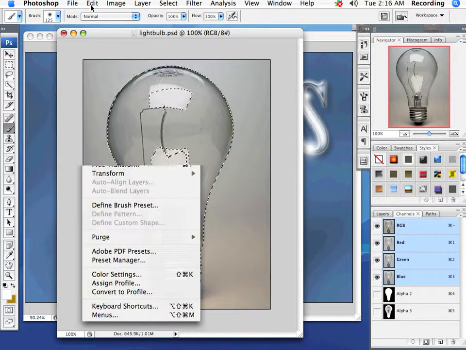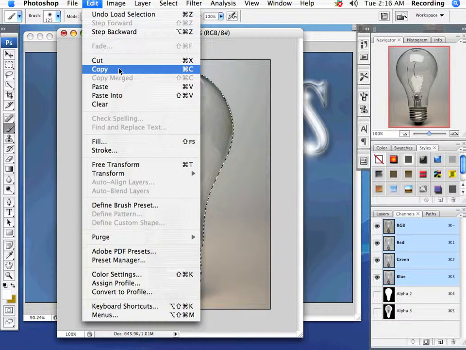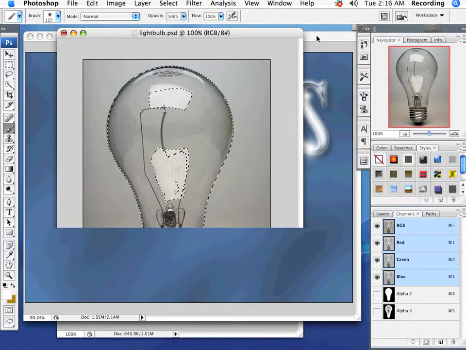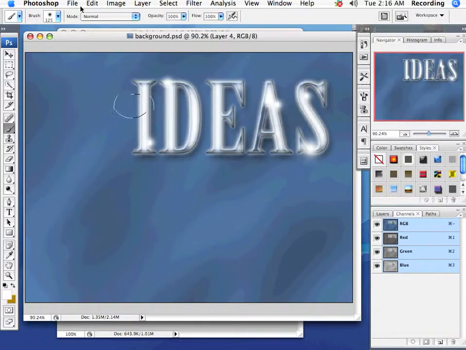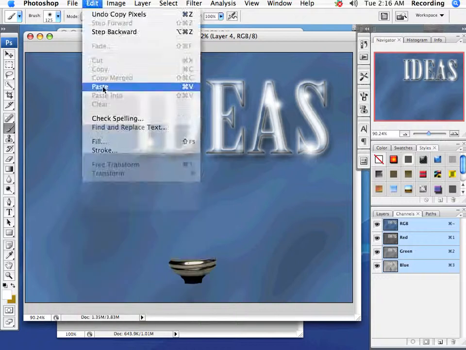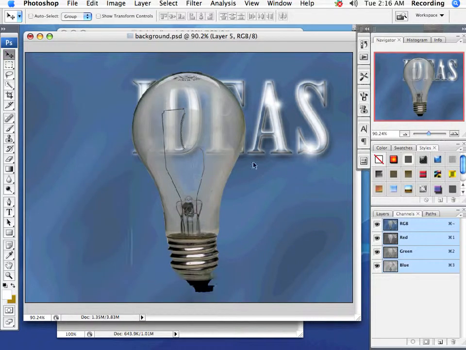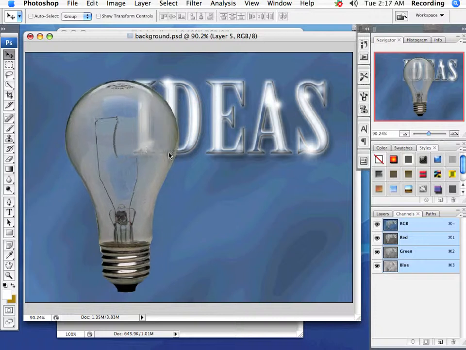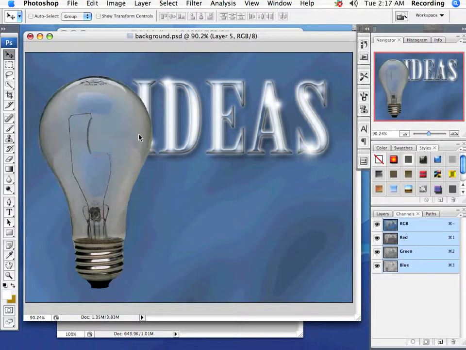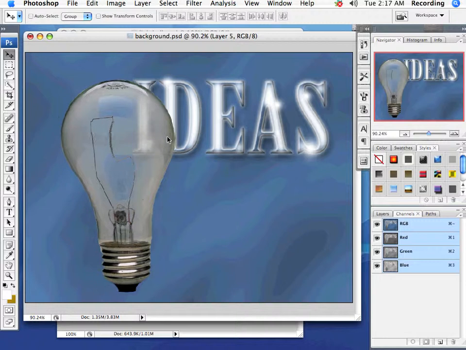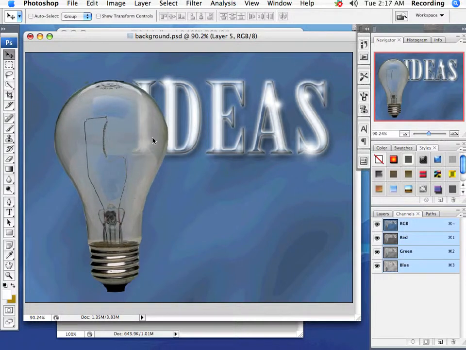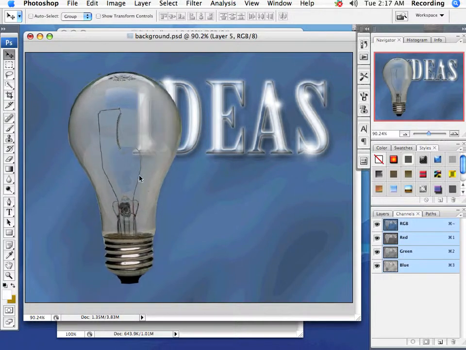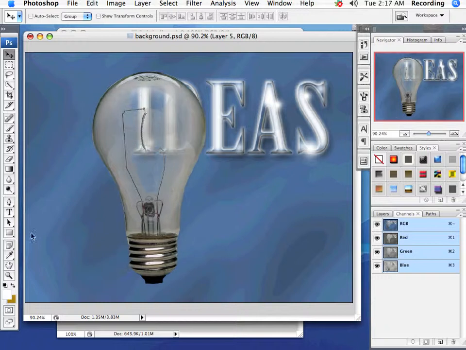From here, just go up to Edit, Copy, click over on whatever image I want to paste that into, and paste it. And then you should have a light bulb that is transparent, a little bit more opaque on the edges, and a little bit more transparent in the middle. And then usually, once you paste it,